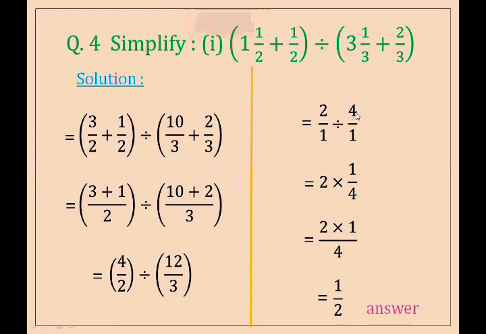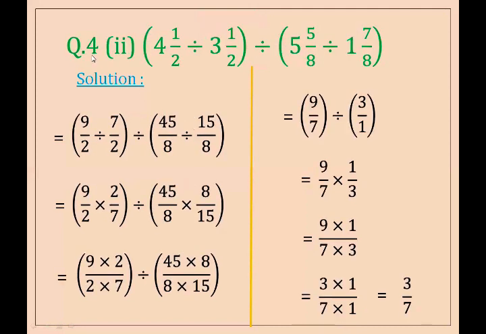We take the multiplicative inverse of 4 upon 1. So here we write 1 upon 4. Again, the whole number is multiplied with 1 upon 4. So here we write 2 multiplied by 1 divided by 4. So 2 ones are 2, and you have to simplify here. 2 ones are 2 and 2 twos are 4. So after simplification, the final answer is 1 upon 2. Okay, 1 upon 2 is not further simplified, so it is the final answer of this solution.